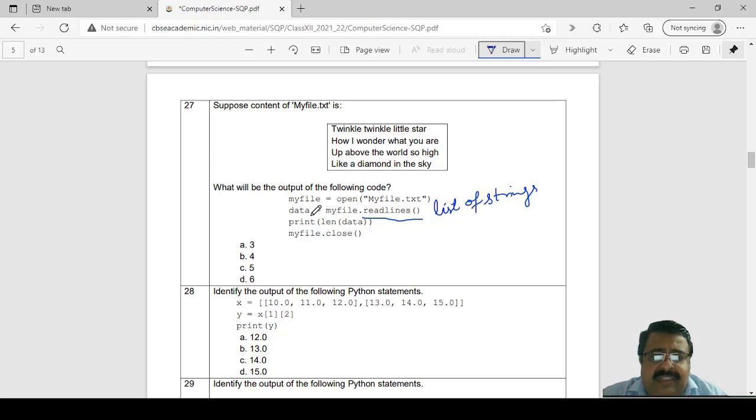So what is data? Data is a list, and you have to print the length. So how many elements are there? 1, 2, 3, 4. So the answer is 4.